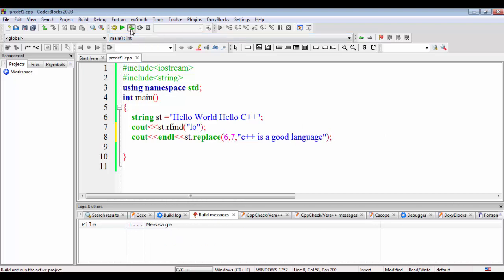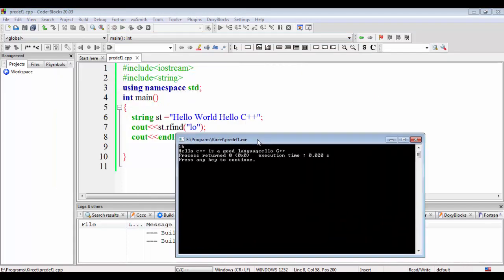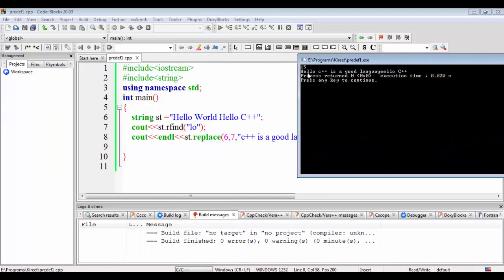Let's see the output here. It has replaced, you can see hello, and after that it has replaced from this w to this h, and then "ello c++" follows. So it has replaced 7 characters, 1 2 3 4 5 6 7, from w to this h.